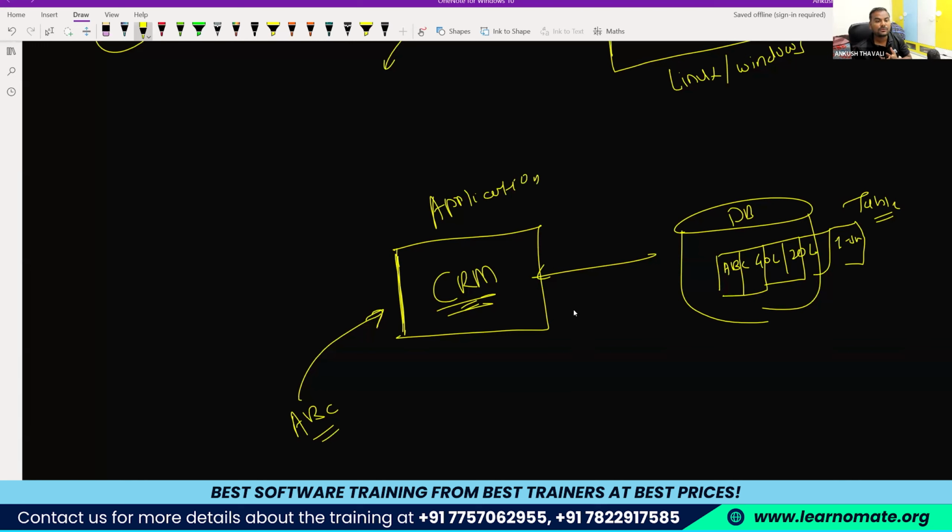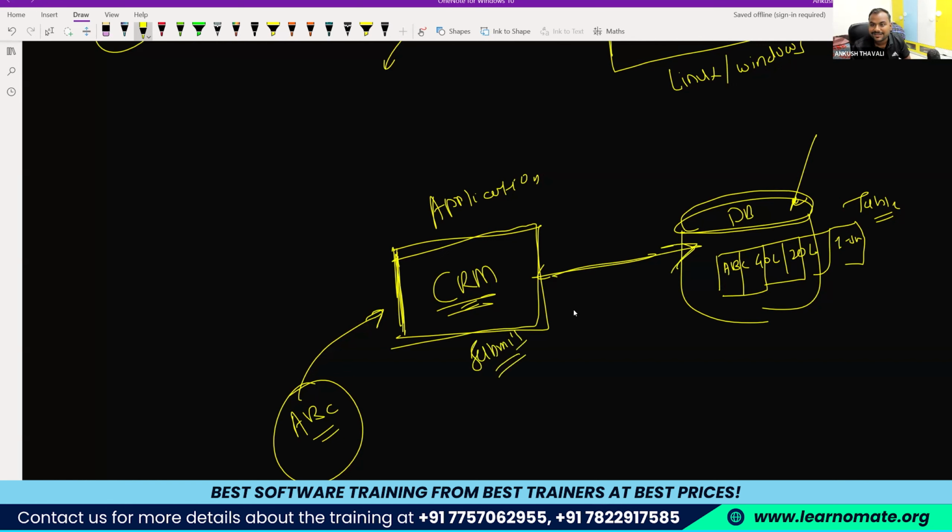CRM is mainly useful when I want to insert data. It just makes my life easy. If I ask my sales team, can you please directly insert data into the database? They will get confused. They don't understand databases. What they understand is an application, where a form will open, they enter the details into the form, and when they click on the submit button, it goes inside the database. So they understand this.